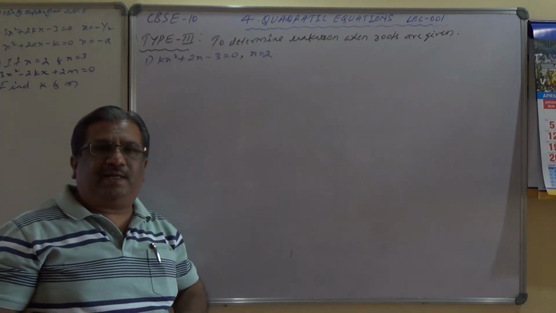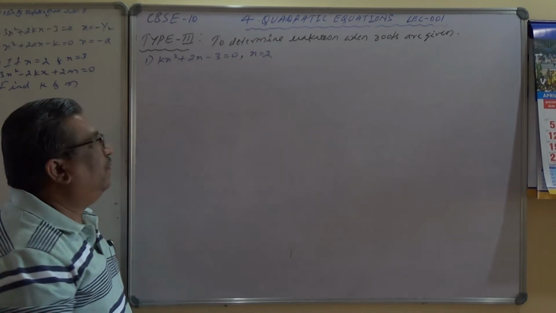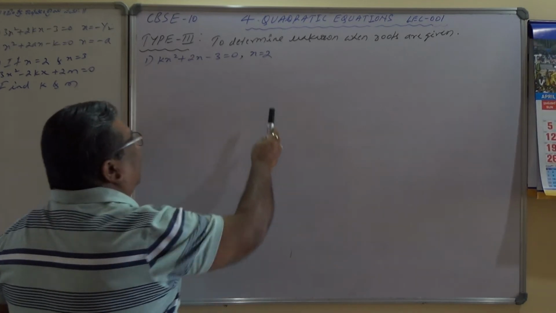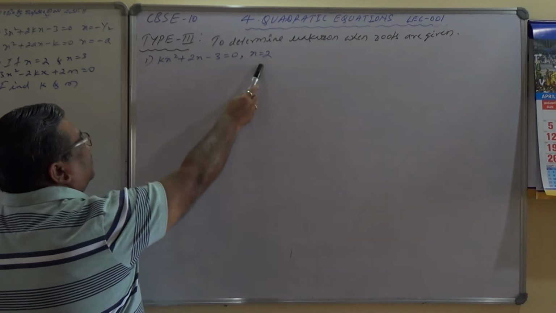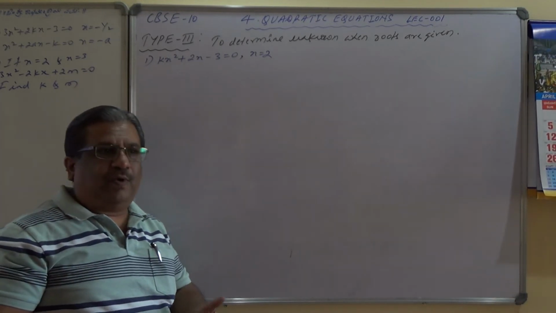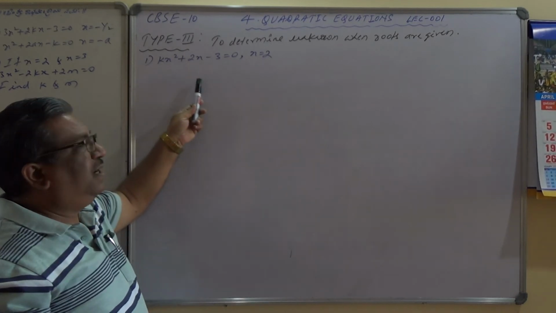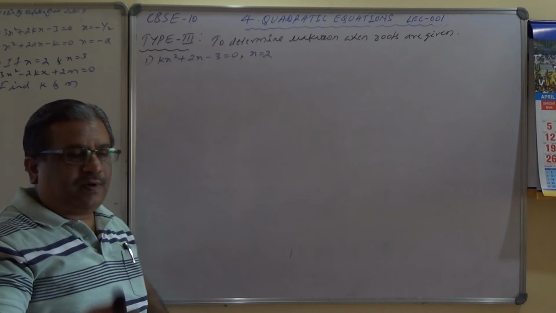Generally unknowns will be in terms of k, a, m, n, etc. Whenever the roots are given, we are pretty sure that when a root is substituted in the given equation, the equation reduces to 0. So what we do here is substitute the value of x directly into the given equation and try to find out the unknown value. So how to solve this one?